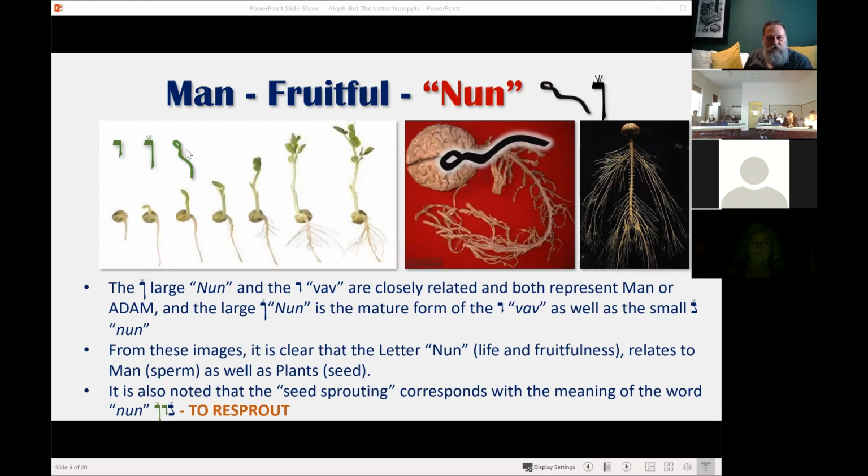Specifically, when you look at the pictograph, it's like the little head there with the tail, and everything, our arms, legs, and nervous system is what sustains us. It's like roots growing into this physical realm, sustaining this life essence, which is our brain, where everything exists, which make up human form. So from this, we see all the symbolism of the nun within plants as within humans. And that confirms the word nun, that means to resprout, and that's also seen within plants and humans.